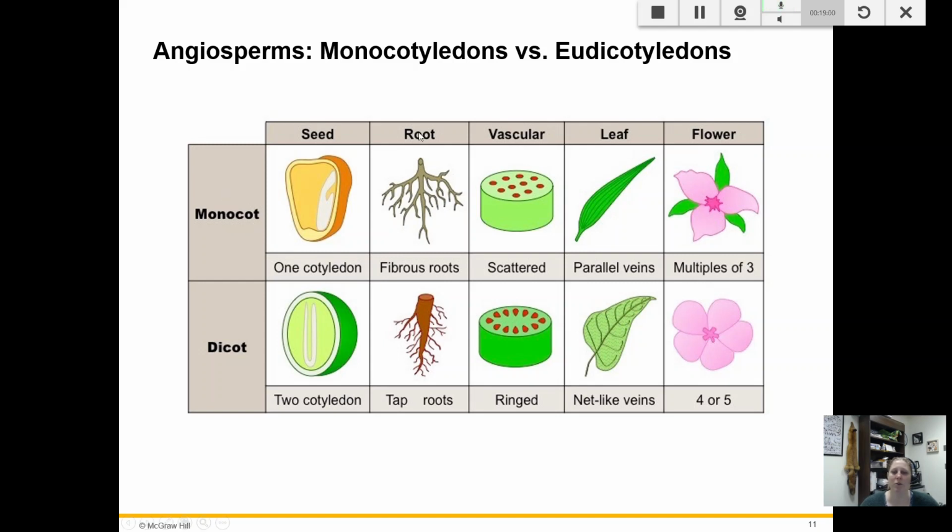So I have this beautiful figure here. And if I were going out into the field, I love to play this game. I play this game with my husband and my stepson of pointing to an angiosperm and saying, is it a monocot or a dicot, and why? And you can do it. You're expected to do this.